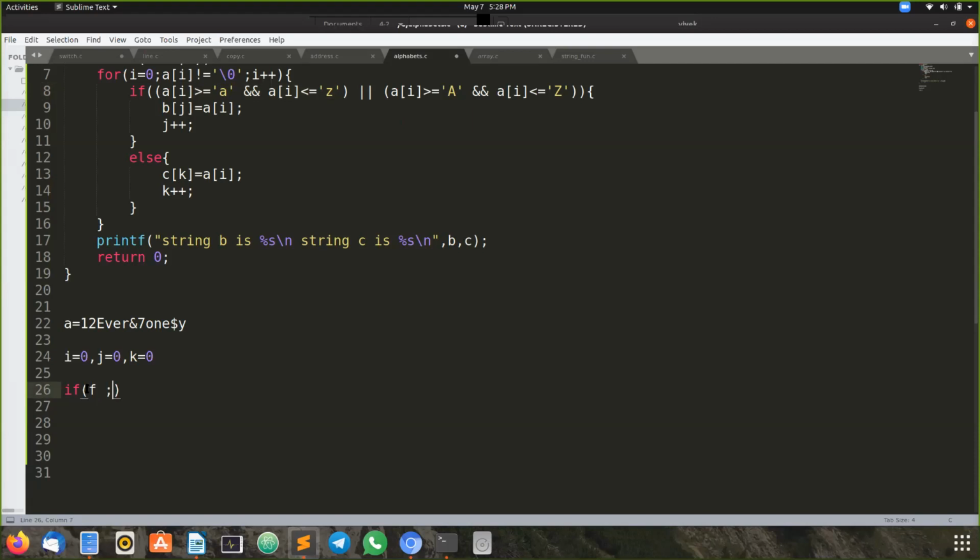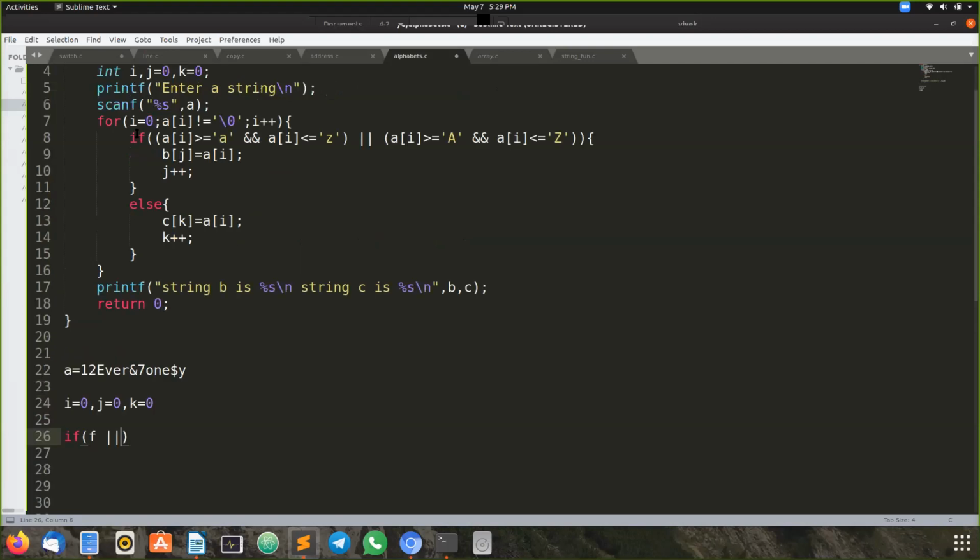So you see the 8th line of the program and the 26th line that I am explaining, both of them. And the next condition is that we have the character as 1. Either it may be digits, special characters or alphabets, we generally call it characters.